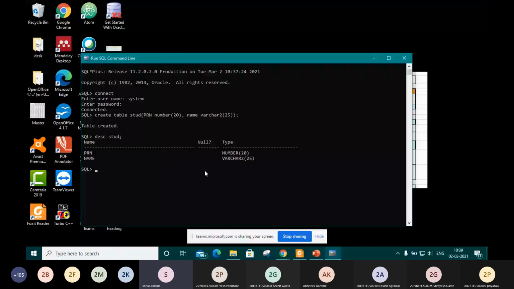Initially, for the first 2 to 3 experiments, we will use only the SQL command line. Don't get confused. Then we will move on to other IDEs which are available for simplification of firing queries.